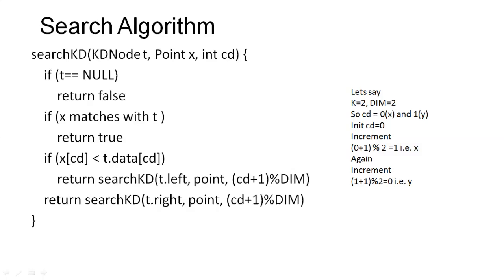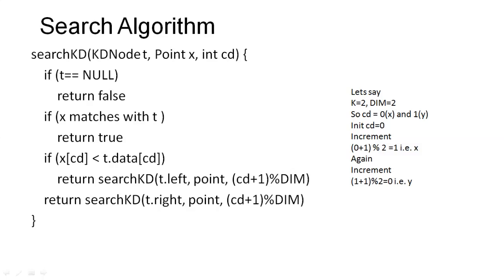Note that when we descend from one level in the tree to the next level, we have to change the cut dimension. So let us say initially the cut dimension was 0. When we move to the next level, we add 1 to it. So it becomes 0 plus 1, 1. And this is mod dim. This dim is a constant which represents the number of dimensions. For example, if k is equal to 2, then the number of dimensions will be 2. That is, the dim value will be 2. So if we do 1 mod 2, it becomes 1. So when CD becomes 1, it is the Y coordinate. Sorry, here it should be Y. I have written X, but this should be Y. And here it should be X.